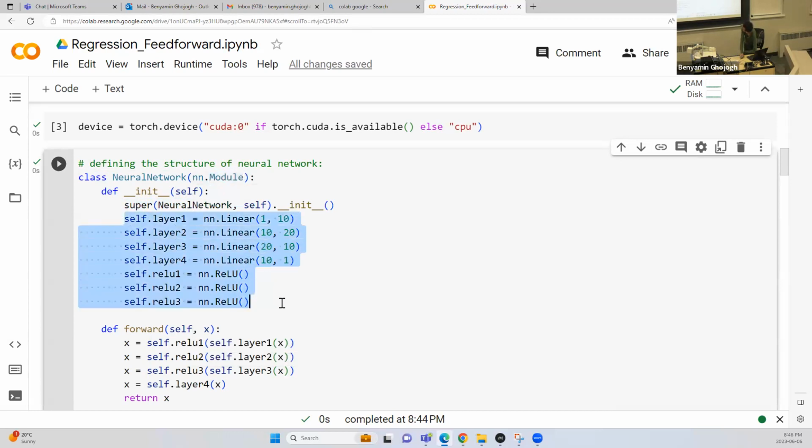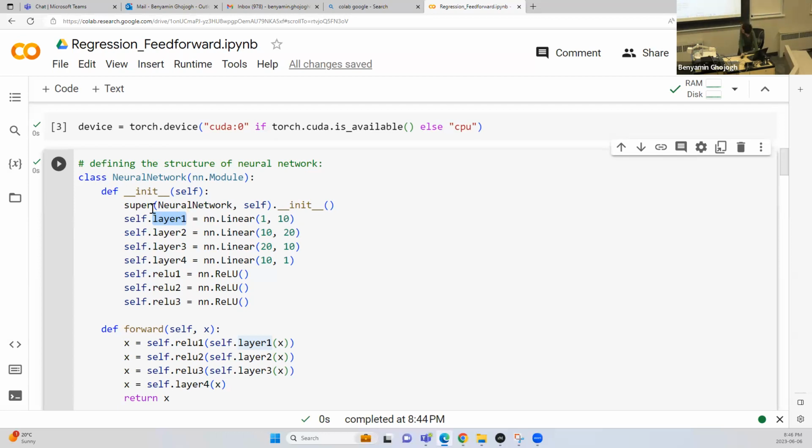Then I'm defining the layers. Take a look at that. self.layer1. When I say self, what do I mean? It means refer to myself. Whenever I make an object, it has its own self. Benjamin has its own self. Jennifer has its own self. Jennifer's self is not referring to me. So self.layer1, then